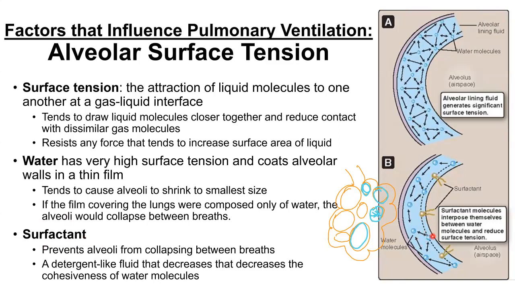So surfactant molecules basically interpose themselves between the water and the air, and this actually will reduce surface tension. And this is what keeps the lungs, specifically the alveoli, from collapsing between each breath, because these tails down here